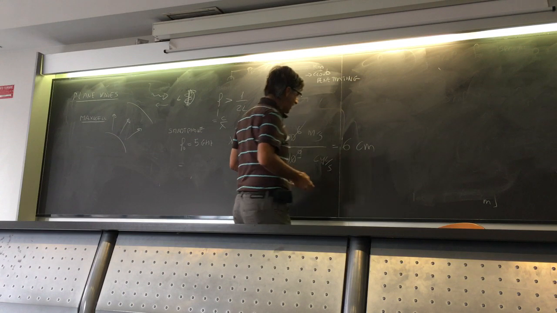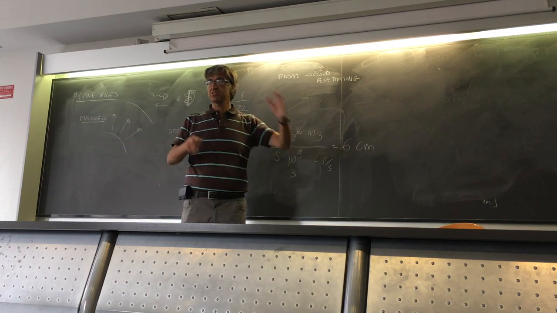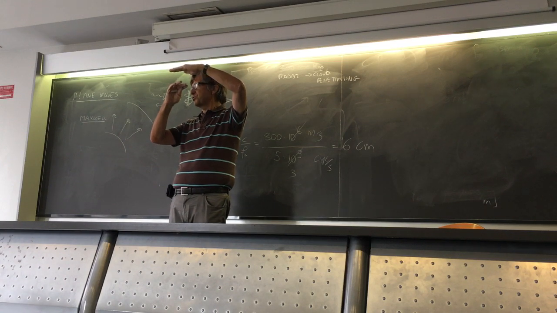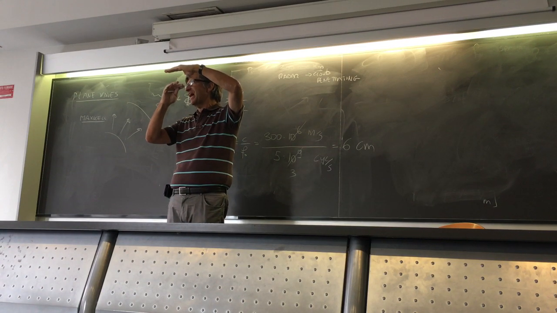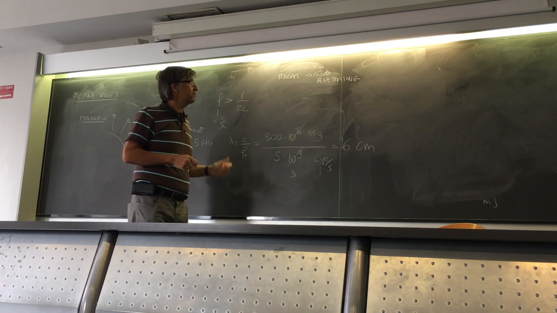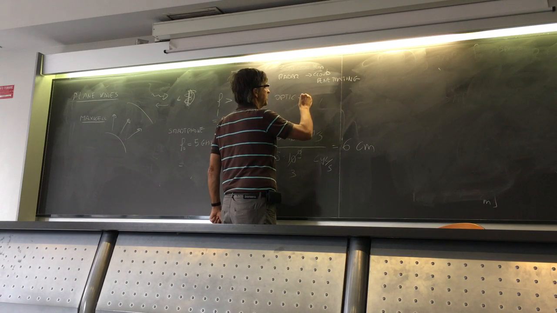Why? Because in radar you use this frequency. This frequency has a wavelength of 6 centimeters, and 6 centimeters is much larger than the raindrops in the cloud, or the molecules of water vapor in the cloud. So the cloud is completely transparent for radar, but not for the optical. The optical is not cloud penetrating,